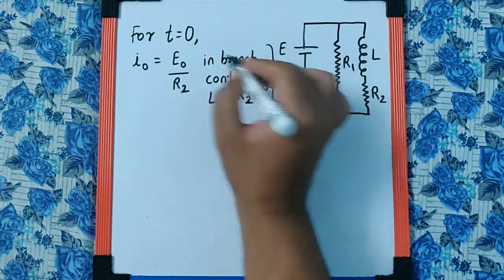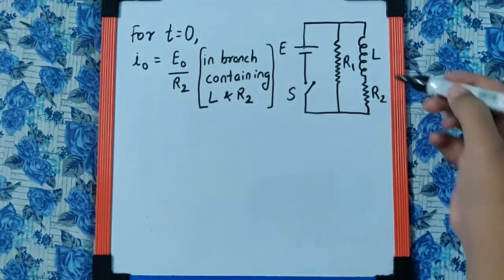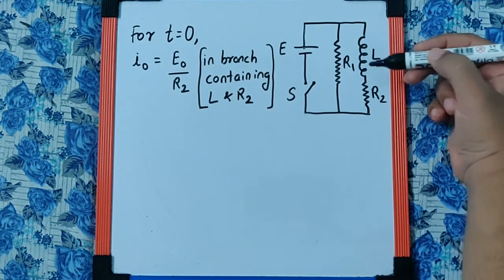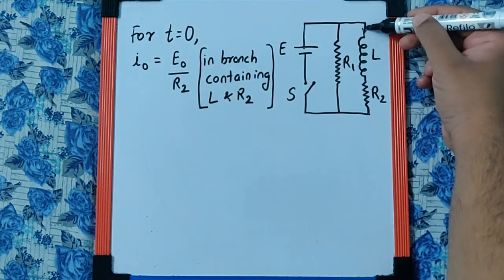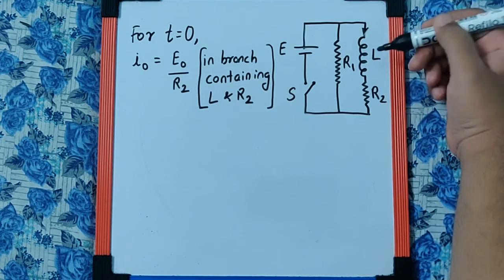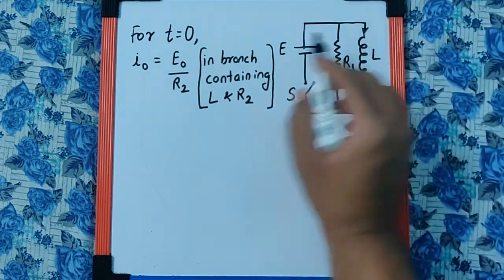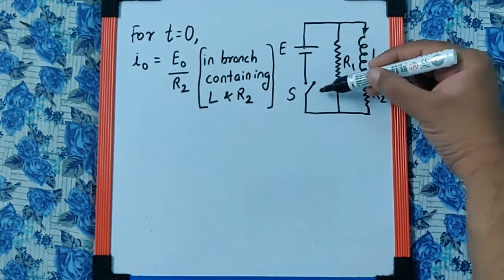Since we are interested in finding the potential drop across L, we better find the current equation across this branch. So in this branch, at t equal to 0, just at the start,